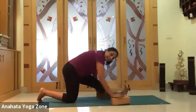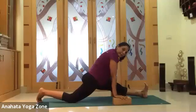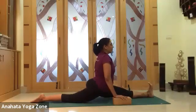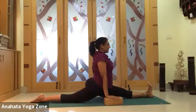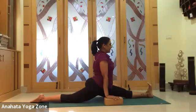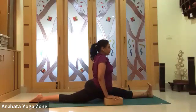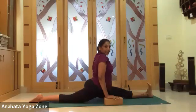leg, start moving the hip slightly more ahead. Start moving it, moving it, moving it. Maybe the hips will touch the floor, maybe not. Walk your blocks back and stay active. Stay 10, 9, keep breathing, 8, 7, don't force anything, 6, 5, this side my hips are not going down